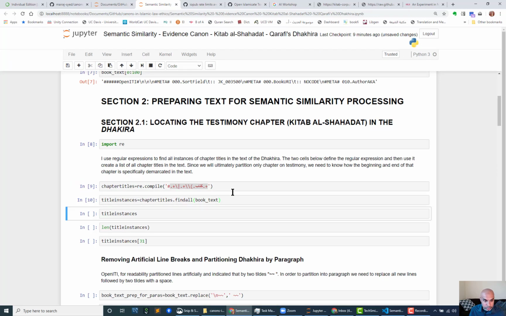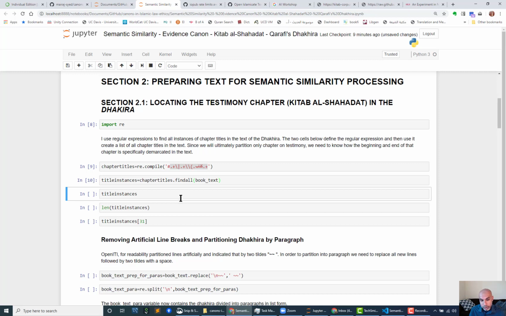So we do that. Okay, how do we know whether or not there is actually content in the title instances? Well, we can do one of two things. One, we can do a len command just like we did with the book underscore text. Another thing is just merely to type out title instances, press shift enter,